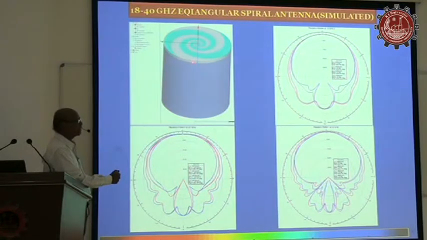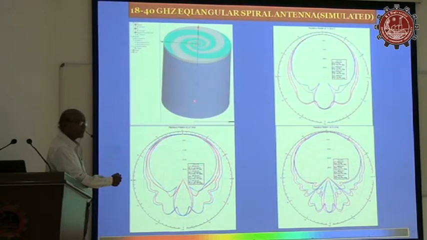This is the substrate. You can define it as Rogers 6.1, 10, or 2.2. Most of the time we are using 2.2. Then this has to be backed by a cavity. This cavity you can create by using an observer depending on these parameters. You see, this is the simulated performance. This is at 18 gigahertz, then 29 gigahertz and 40 gigahertz.